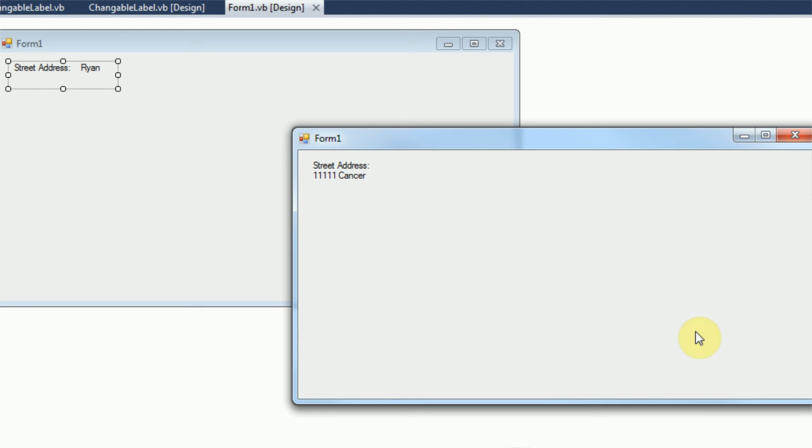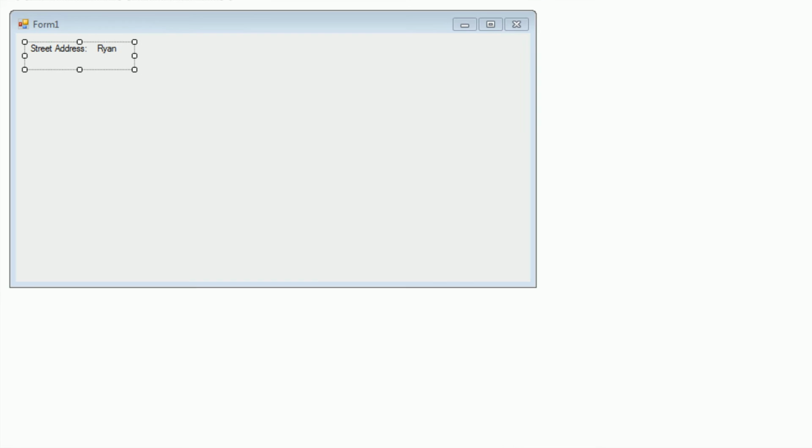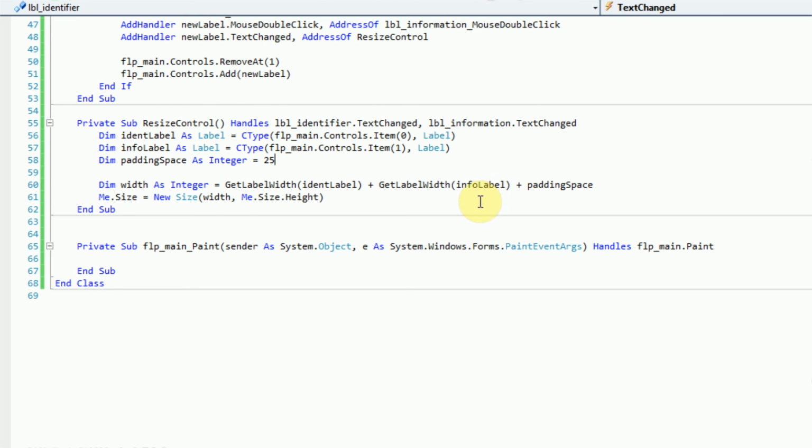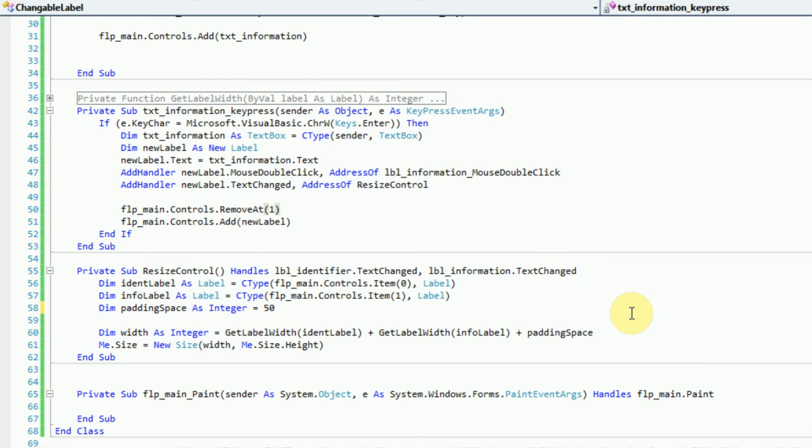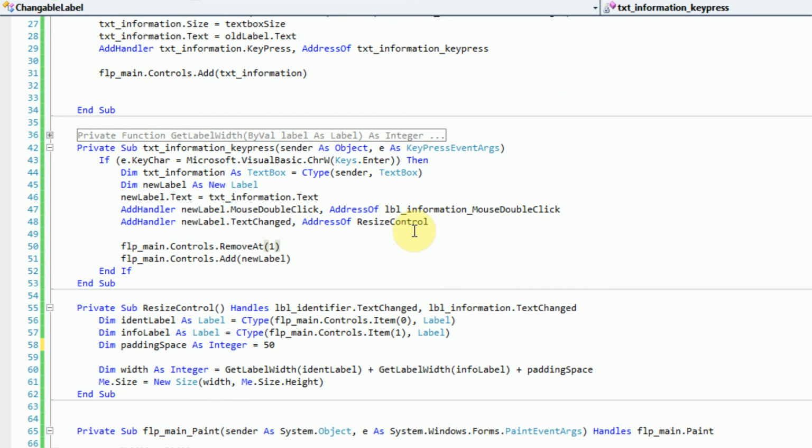Press enter, and as you can see, we have a problem with the whole sizing of the control. The sizing of the control is just too small. So let's go ahead and jump back into our changeable label here, and let's bump the padding to 50, just because we can. Now, one thing that is probably happening is when we actually create the new label,